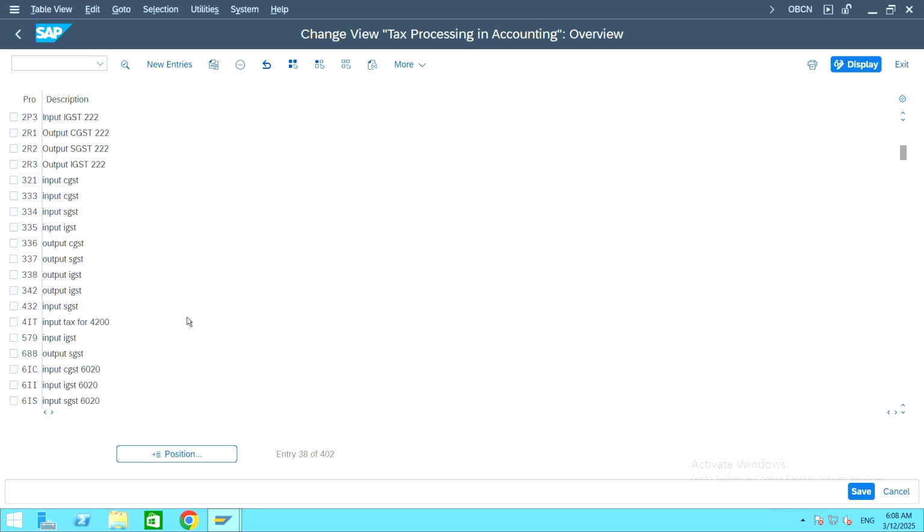Now if you scroll up, you can see that 2R1, 2R2, 2R3 is created. 2R1 is for output CGST, 2R2 is for output SGST, 2R3 is for output IGST. In the same way, we have also created 2P1, 2P2, 2P3. After clicking copy and save, go back